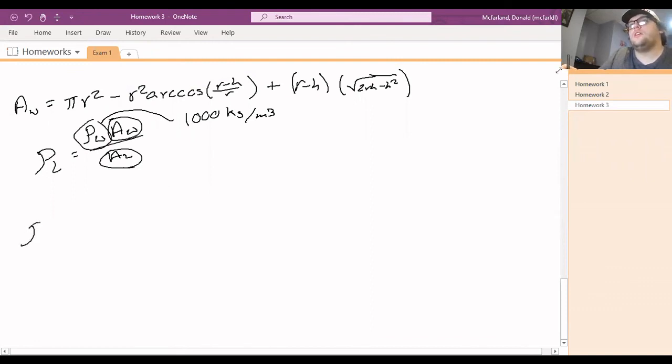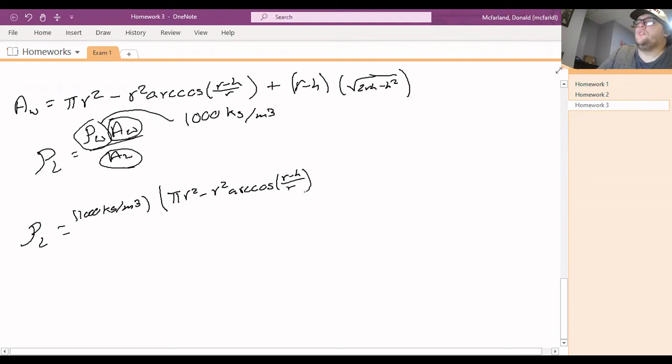So the density of the log will have to be equal to 1,000 kilograms per meter cubed of pi r squared minus r squared times the arc cosine of r minus h over r, or the height from the radius, from the center of the circle to the top of the water on the log,